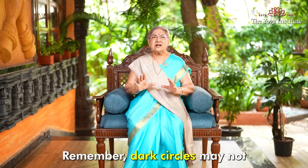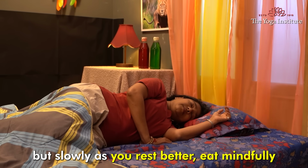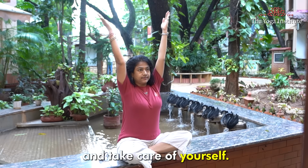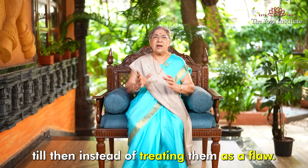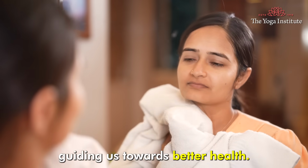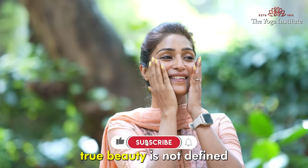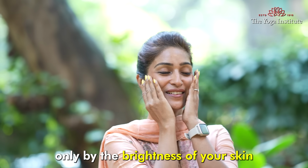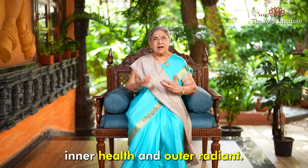Remember, dark circles may not disappear overnight, but slowly, as you rest better, eat mindfully, and take care of yourself, they will fade away. Till then, instead of treating them as a flaw, let us accept them as signals guiding us towards better health. And always remember, true beauty is not defined only by the brightness of the skin around the eyes, but by the harmony of inner health